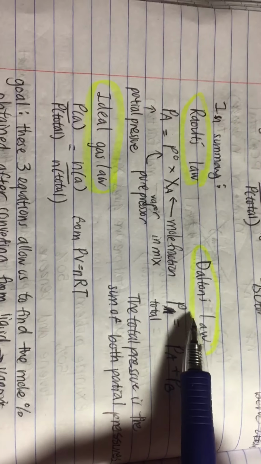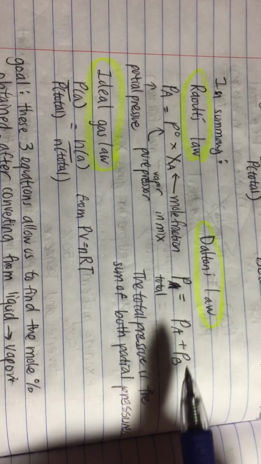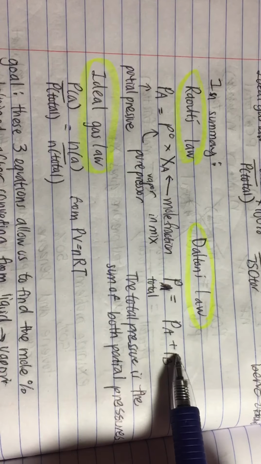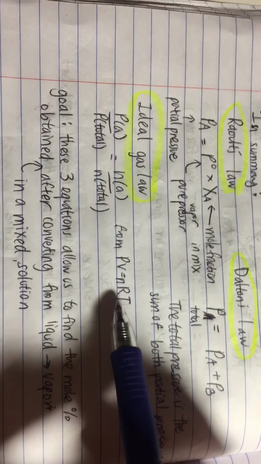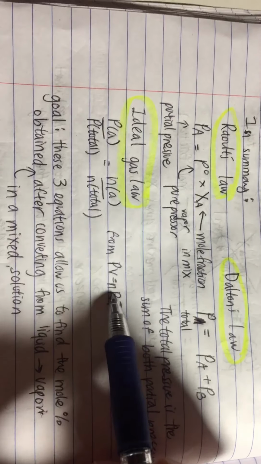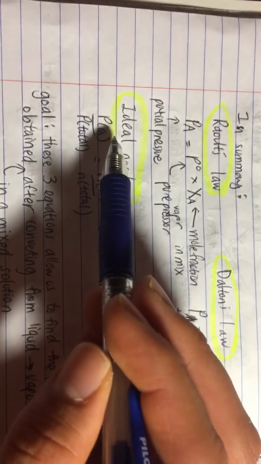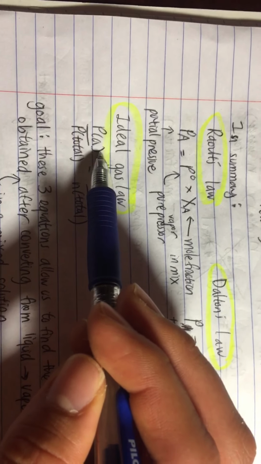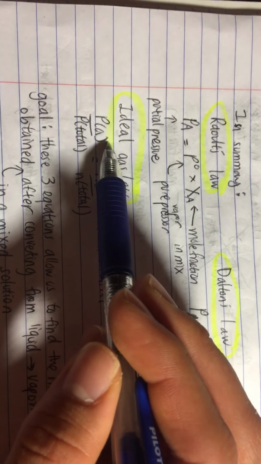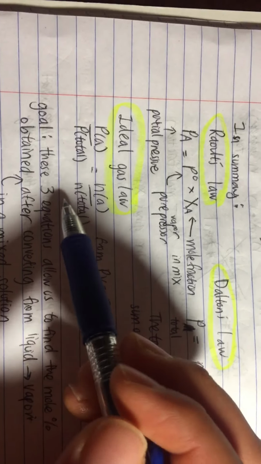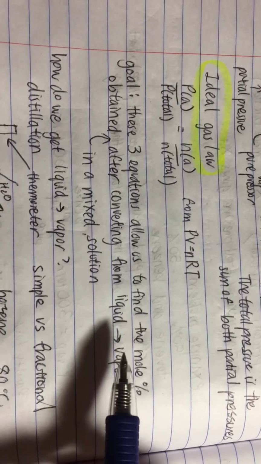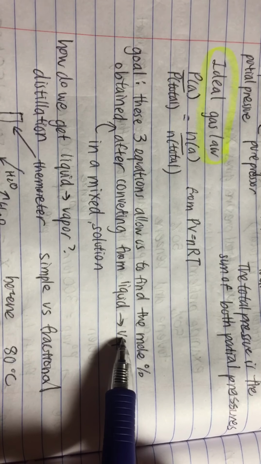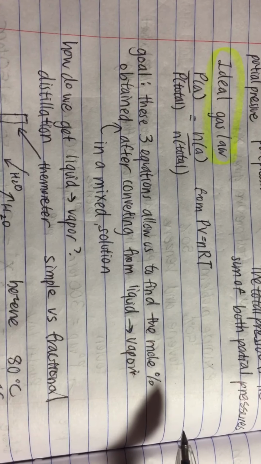Next is Dalton's law that tells us the total pressure is the sum of the partial pressures in the mixture. So that's very simple. The next is the ideal gas law. We don't really need to go too in depth right now about how we derive this, but we pretty much find from the general equation that we get the partial pressure of some kind of molecule like benzene, and divided by the total pressure gives us the mole fraction. Okay, so the goal is, with these three equations, we can find the mole percentage, as I said earlier,